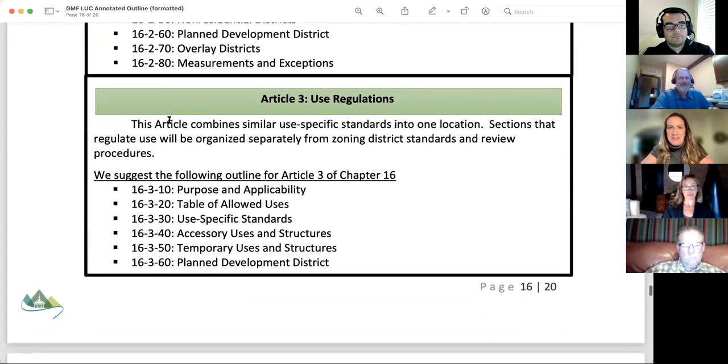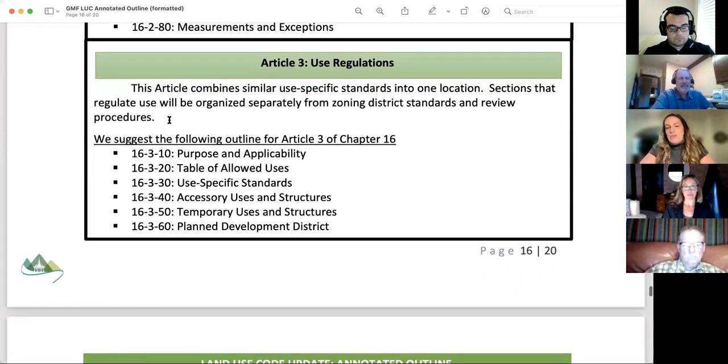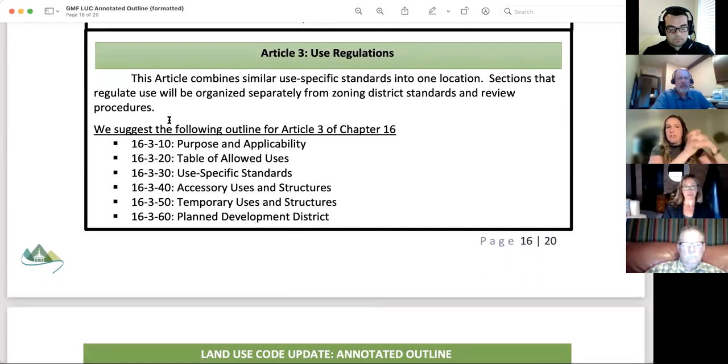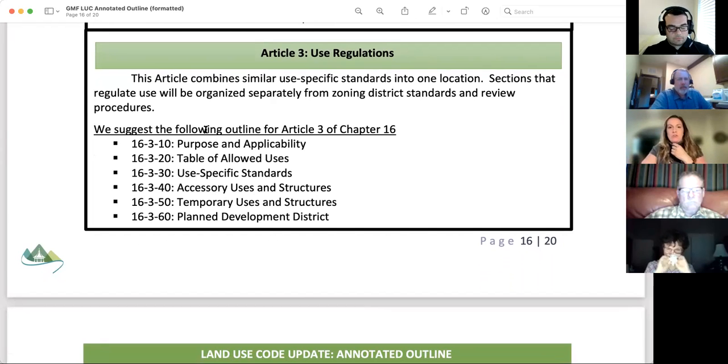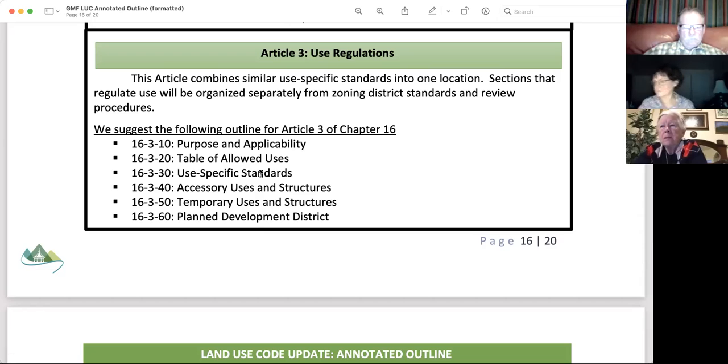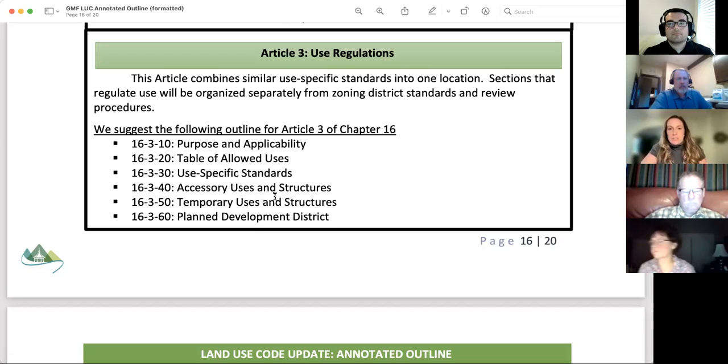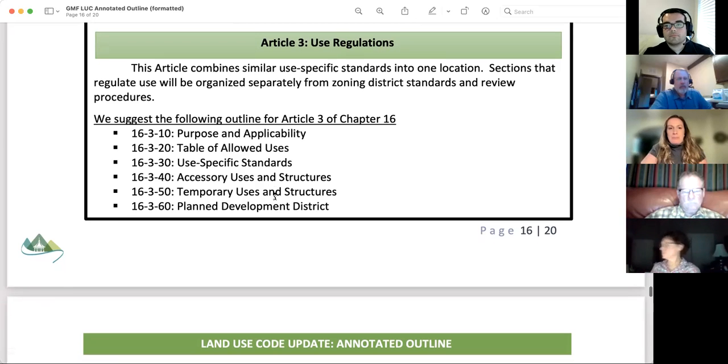It's probably not necessary for the average person either, but then use regulations. A lot of times these are together. We think it makes more sense to separate, explain the zoning district and your dimensional standards, and now talk about uses. So you'll have your table of allowed uses, those specific standards. That's that last column that we spoke about. And that use table will refer to that, which will be right after the table, which will be helpful. Accessory uses, temporary uses, and then a planned development